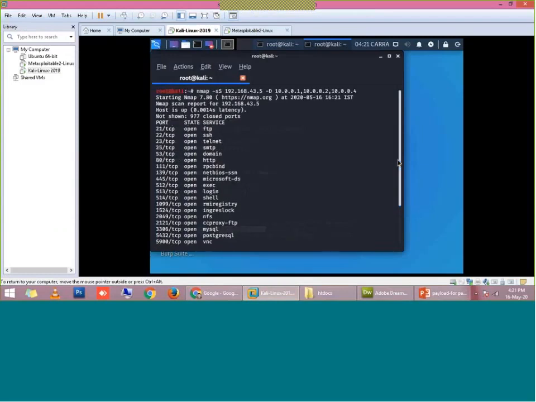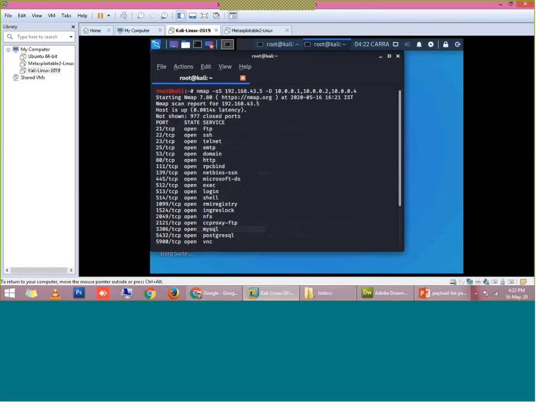So what this command is saying is that I am going to scan the target machine, right? And I want to hide my IP address. Suppose I am an attacker, right? And I am going to run this Nmap on my office network or my school network, right? And the network administrator has installed a strong firewall which can detect this type of Nmap network scanning, and it is also recording the IP address of the scanner.